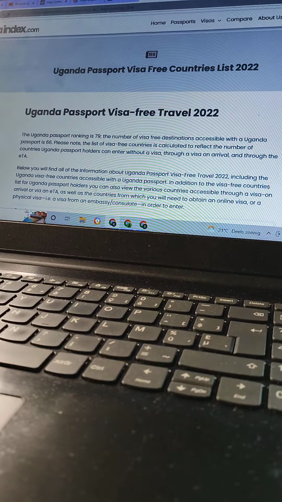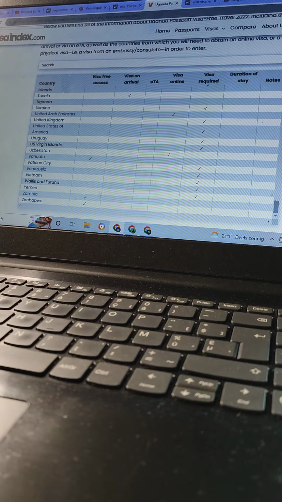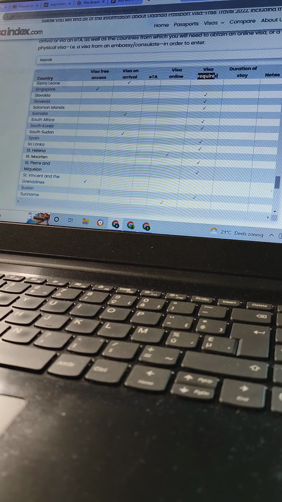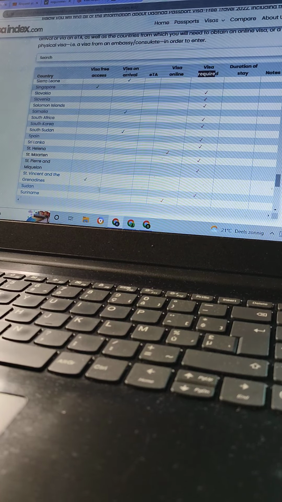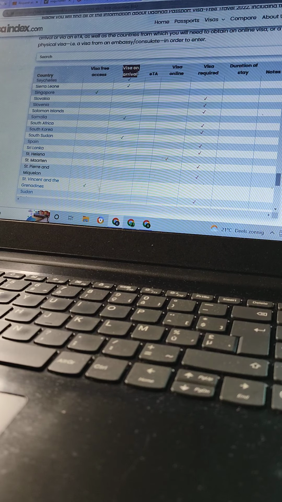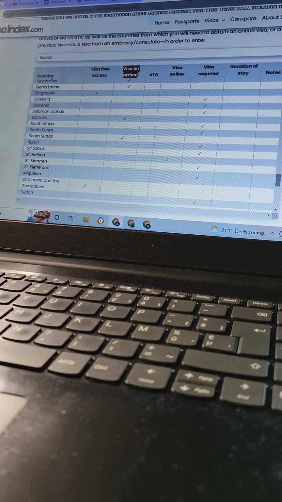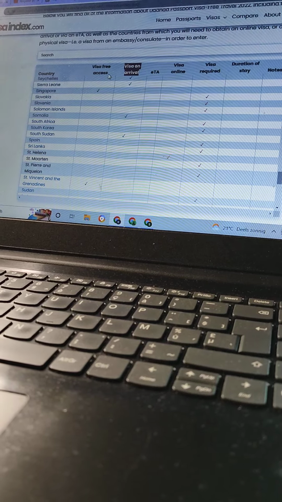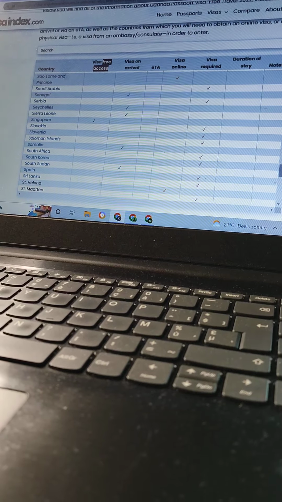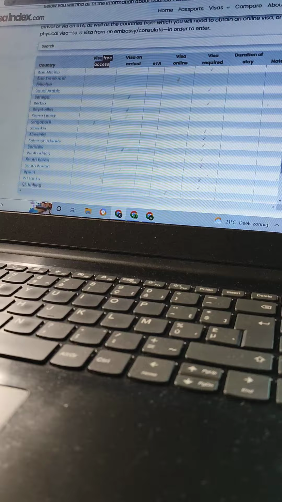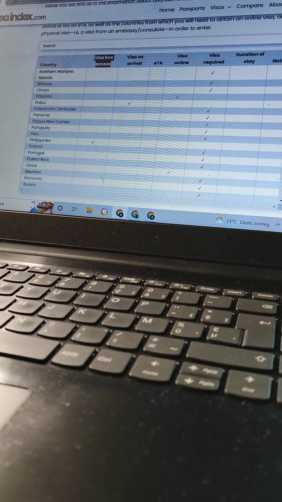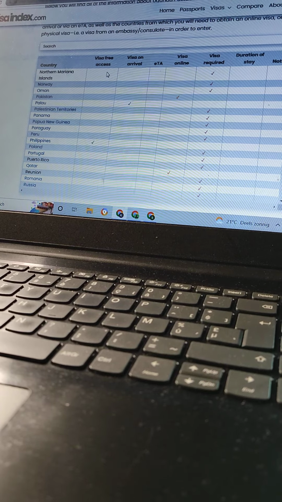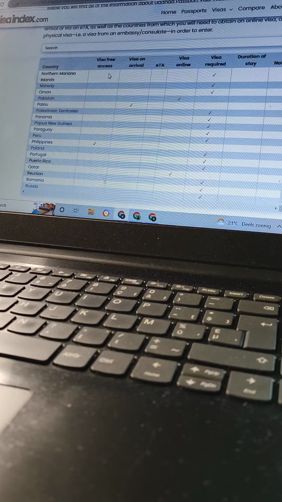Okay, so when you see here, for example, these are countries that need visas. When you step there at the airport, you can ask for a visa. Okay, so for me today, I'm interested in the countries where you can go and you do not need to pay any visa. You just need a ticket and to book a hotel where you are going to go. When you reach there, they just stamp and they don't ask you for a visa.